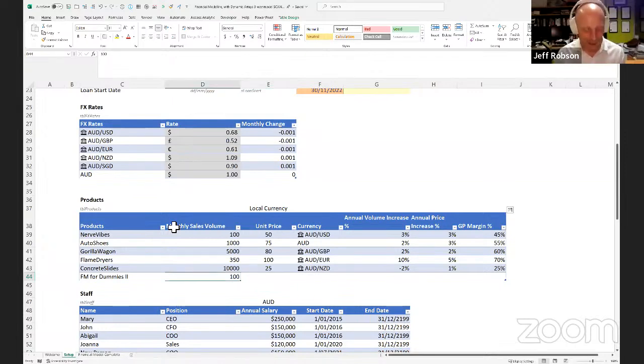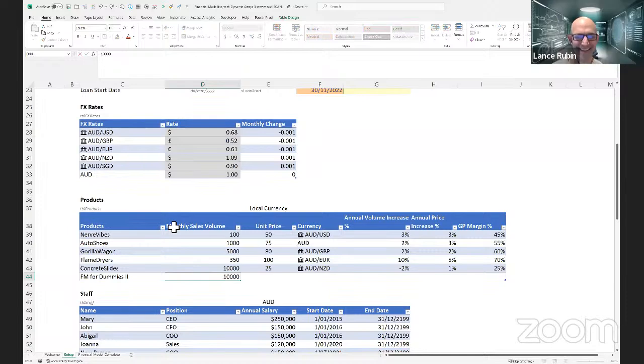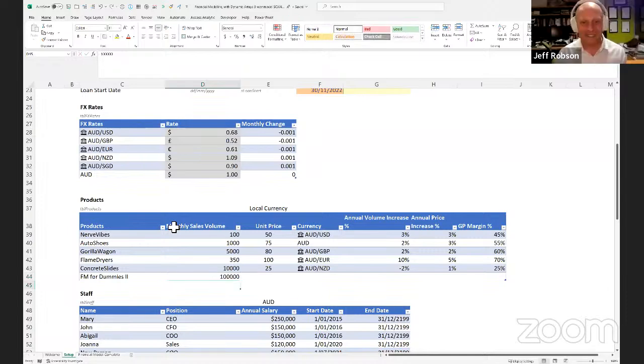Oh, sorry, that's the sales volume. That's volume. All right, let's put the monthly sales volume. This is the sales price. Need to pay attention, don't I? I'm putting this in AUD. Let me put this down here. It's probably selling like hotcakes, absolutely, get it quick before the price increases. We won't tell you what the gross margin is, but let's just put a number in there for now.